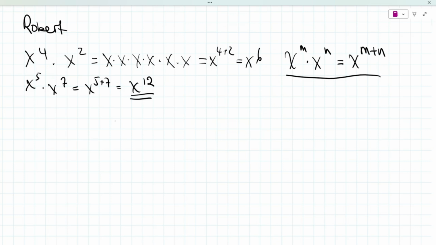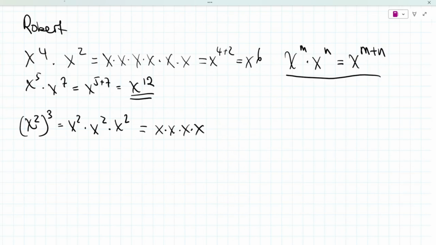Okay, how about using the power rule? That's if you had x squared and this is cubed, this means this is x squared multiplied by x squared multiplied by x squared, which is equal to x times x times x times x times x times x, which is equal to x to the power 2 plus 2 plus 2, which will be, in the end,